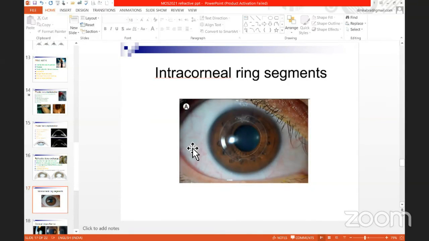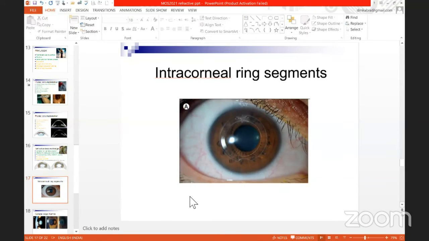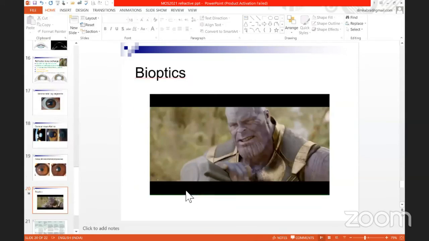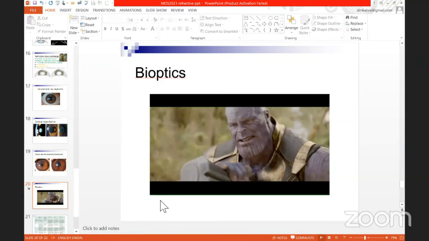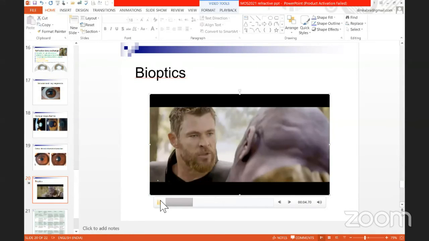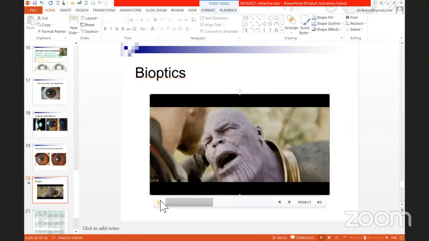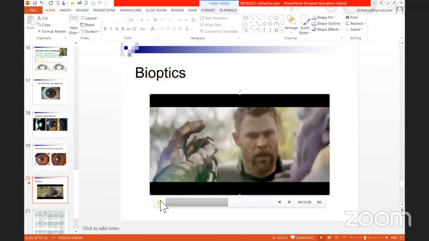This is one emerging option which has been discussed in the previous session by Dr. Vikas, enhancement or additive procedure. And this is something which is still practiced, that is bioptics, addition of any two technologies, especially ICL plus PRK when refractive error is on higher side, when it can't be addressed with one technology. So here comes our second hero in play, when first hero can't complete the task.